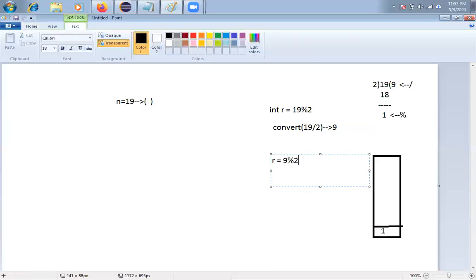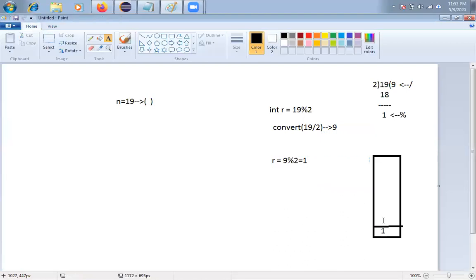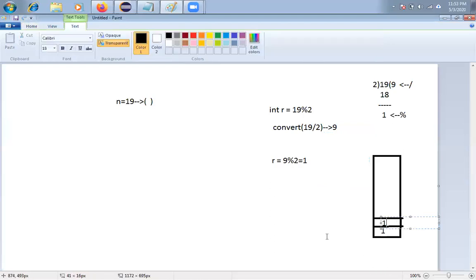Now next time, r equals 9 mod 2, right? What is the value of 9 mod 2? Again 1 only. So I'll store 1 here, friends. And again I'll call convert of 9 by 2, which is 4.